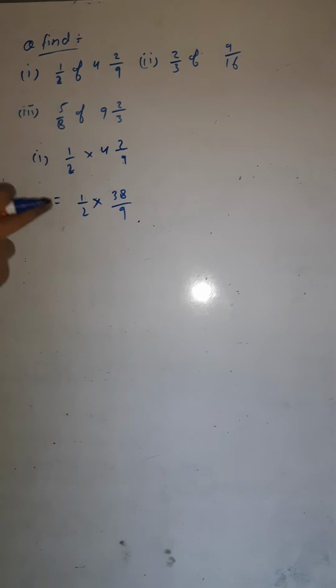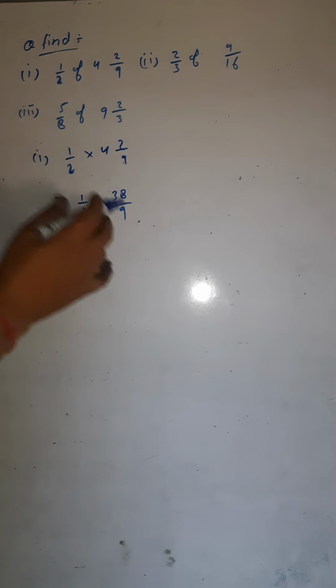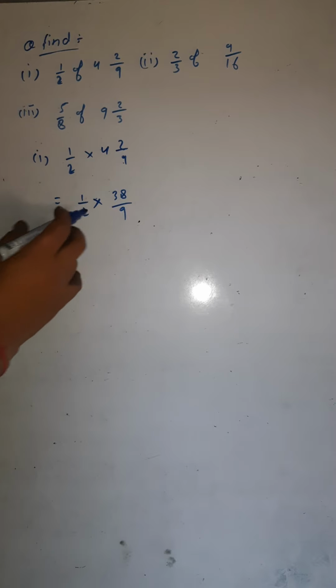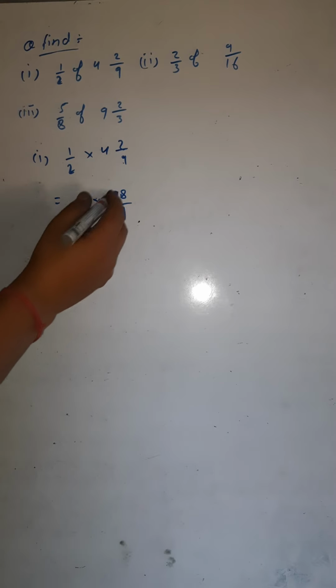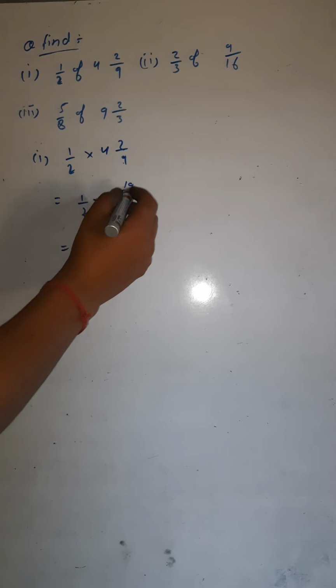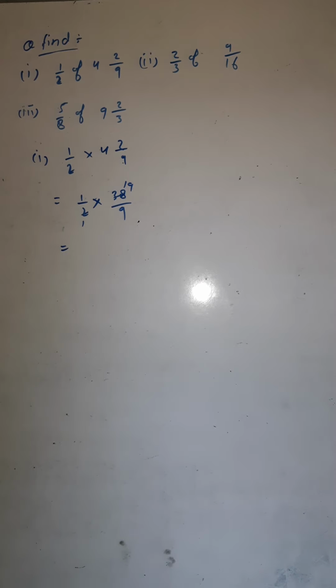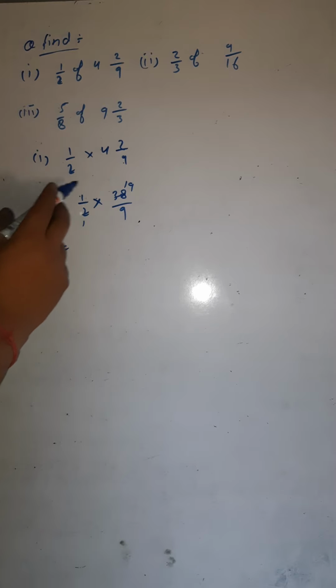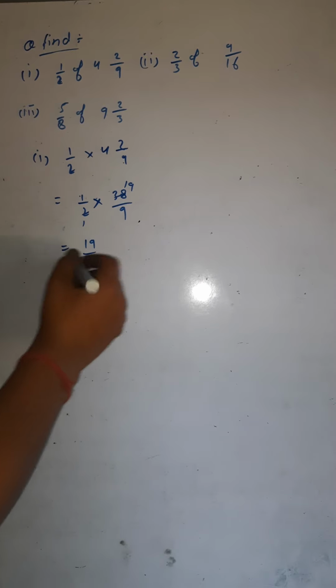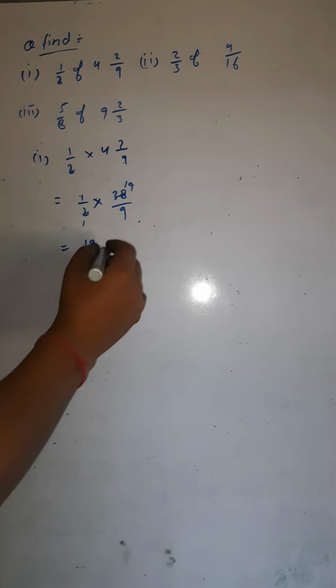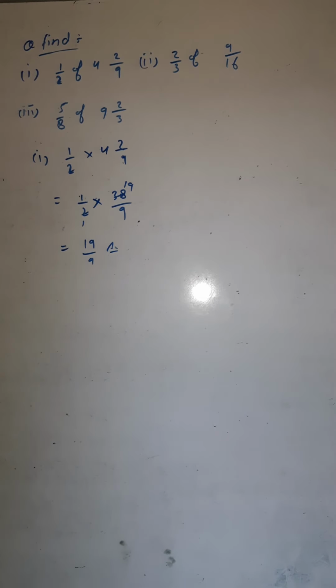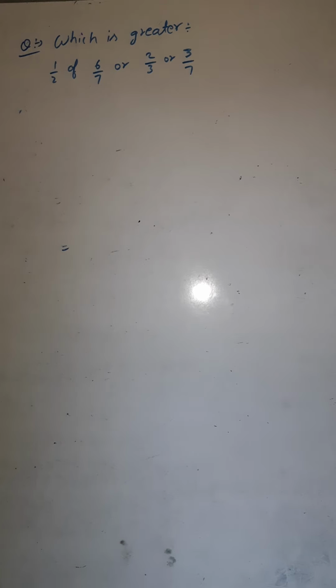Getting this? Now if possible then cut. If not possible then multiply numerator to numerator, denominator to denominator. Okay. But here you can cut. Like here 2 ones are 2 and 38 you can cut again by 2. 2 nineteens are 38, 19 twos are 38. Okay. So answer would be what? 1 multiply 19 means 19 ones are 19, divided by 9 ones are 9. So this would be the answer. Are you getting? Similarly you do the second question, similarly you do the third question also. Do it on your own. Okay, just do it fast.